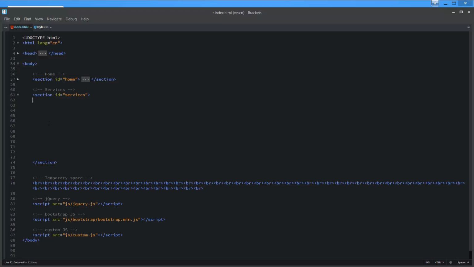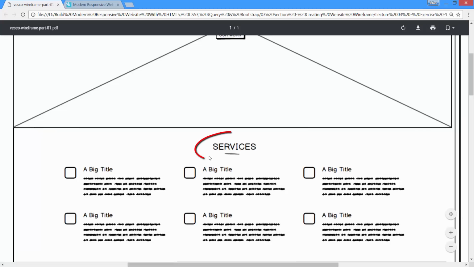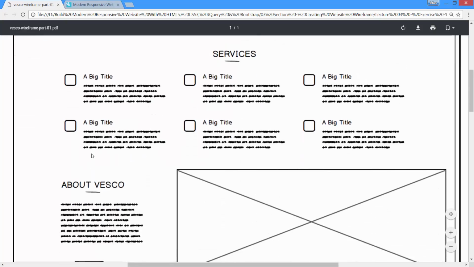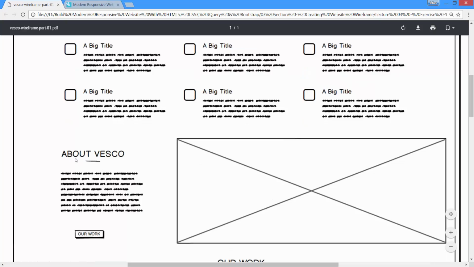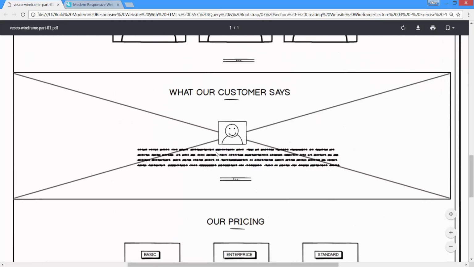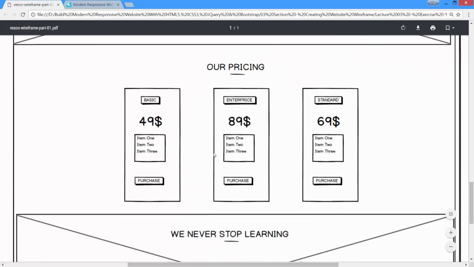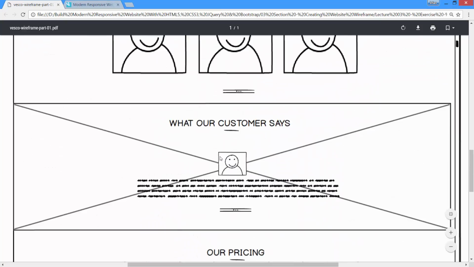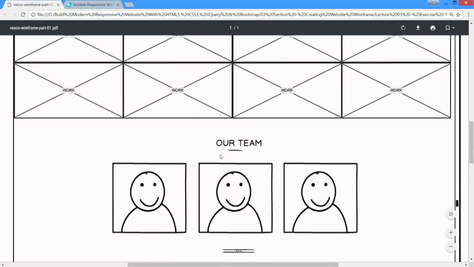Before I start writing any HTML markup inside this services section, I want to discuss an important thing with you, and for that we will look at the Wesco wireframe. The very first thing we need to create is the heading for the services section, right? If you notice, we have several other headings for other sections which have the same styling. We have headings for the about section, work section, team section, testimonial section, and we have headings for pricing, stats, and we also have a heading for the clients section. All these headings share a common style,